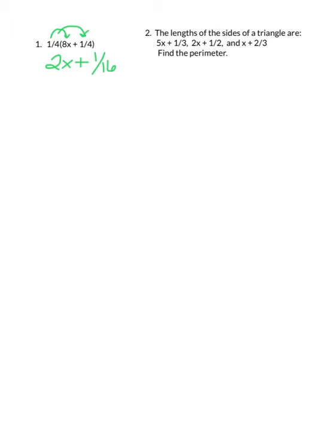So I'm going to look first at all my x's. I see I have a 5x, I have a 2x, and I have an x. So when I add those together, 5x plus 2x is 7x, plus another x is 8x. Then I'm going to add up